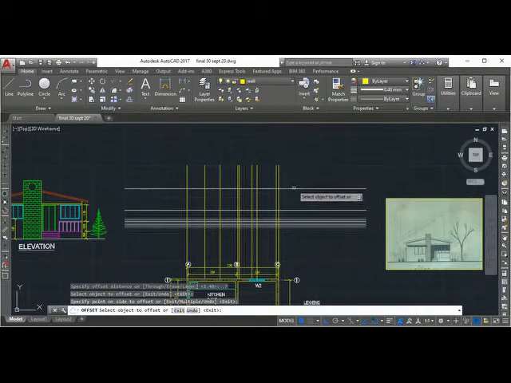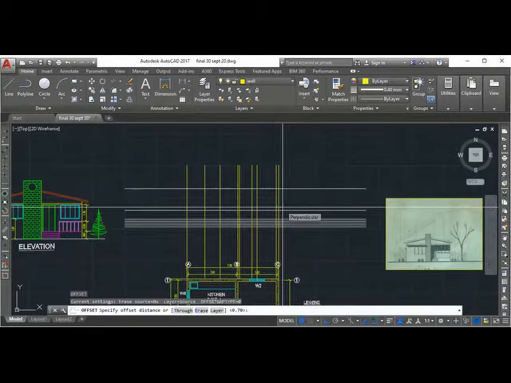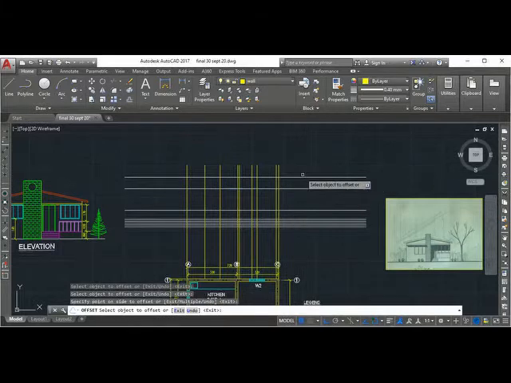And your usual roof height is 3 meter. So from here, offset 0.9. So you reach 3 meter height. You reach here 3 meter height now. So this is your roof height. Since we are having a sloped roof, you may require some slope and other things. That we'll do later. So we reach up to the roof now.